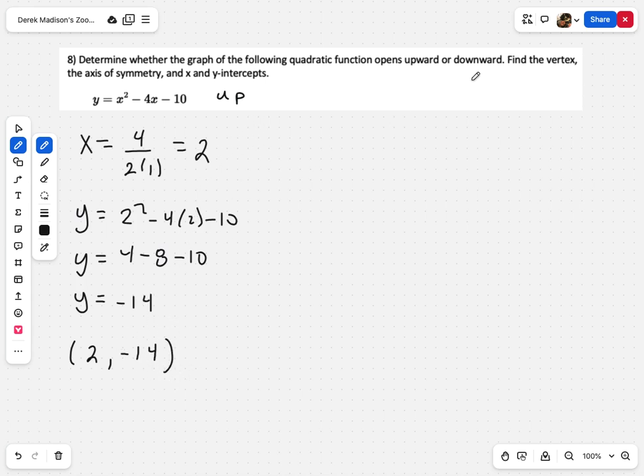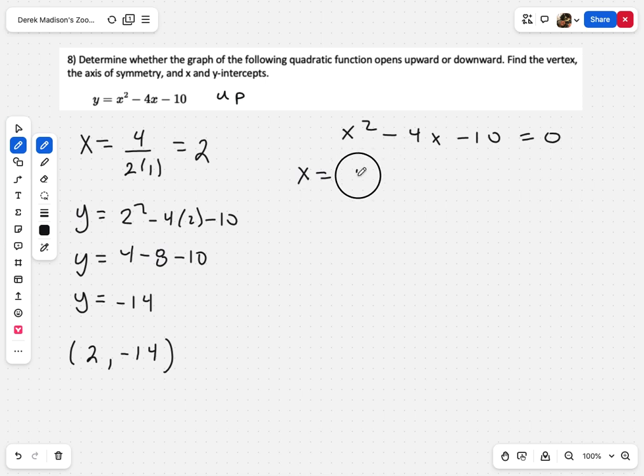And so we got our vertex, and then when we go to find our x-intercepts, we'd have x squared minus 4x minus 10 equals 0. And when I go to solve that, there is no number that multiplies to be -10 and adds to be -4. So that's where factoring failed, and so I can either complete the square or use the quadratic formula. With this one, I think it's to 2 decimal places, so I might as well use the quadratic formula. If we do that, we're going to have